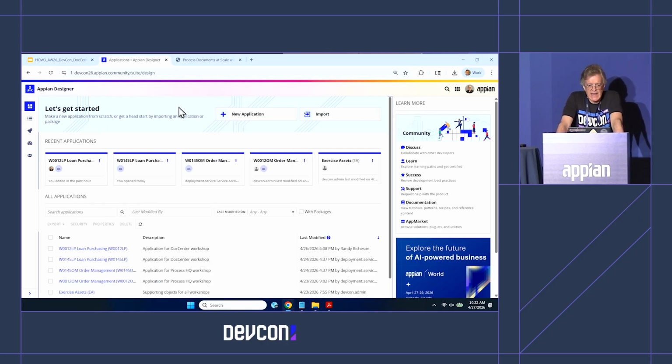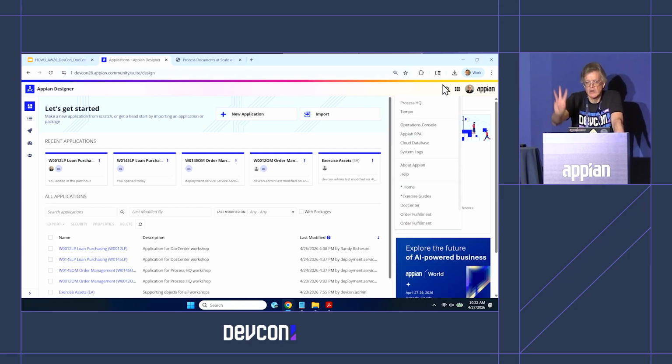So once you've done that, we're going to go to the waffle menu on the upper right. We're going to use 3 sites in this class. The first site is the exercise guide site. And if you navigate there and just select the exercise guides,